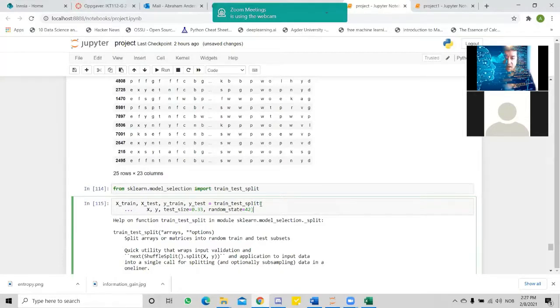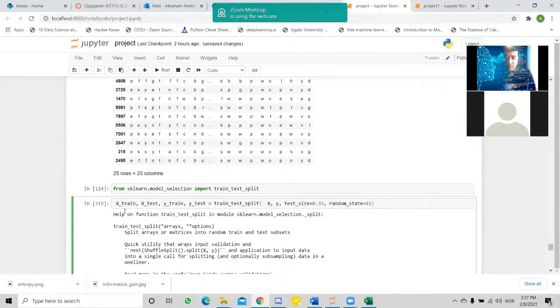Inside the function, I am just assigning my X. First, it will come to X, my features, and split train and test data sets, and it will come to the Y and do the same thing for the Y target data set. And how it will do that, I will arrange how large my training data set or testing data set will be